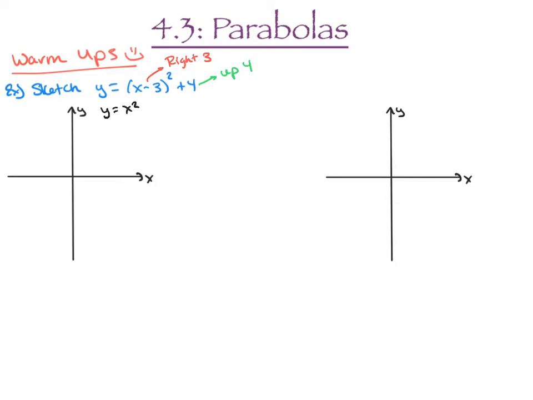Because we've already practiced this in the previous section, I'm just going to go right to what that looks like. We're going to take our parabola from y equals x squared, move that parabola right 3 units, up 4 units, and as best I can, draw our parabola. Cool. So basically what that did is that took the vertex, which was previously at 0, 0, and it moved it to this new vertex, that ordered pair right there,